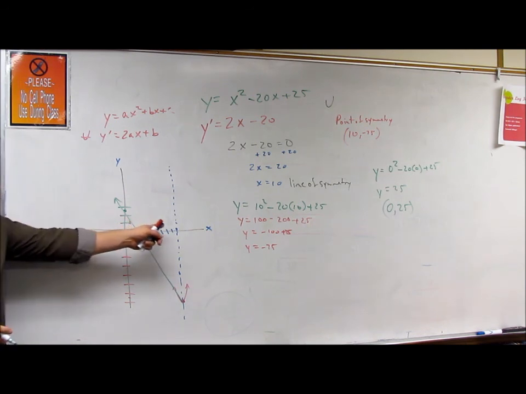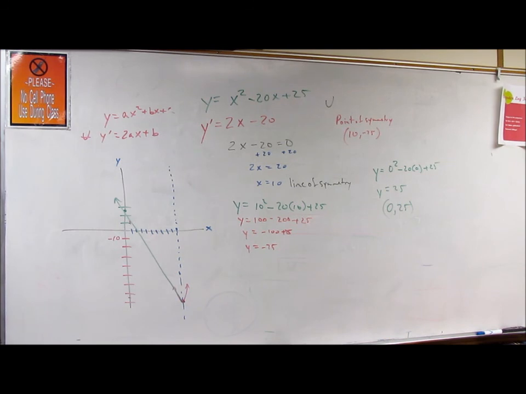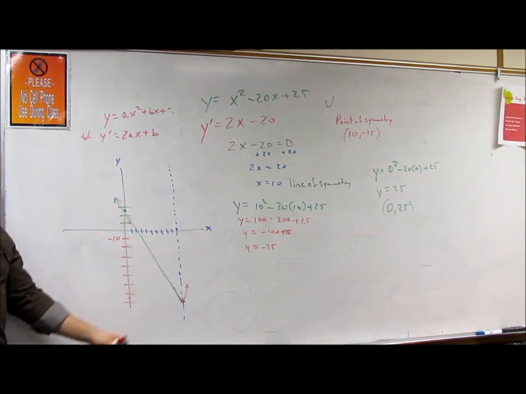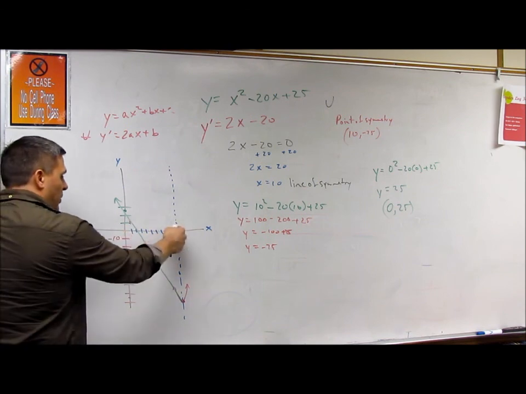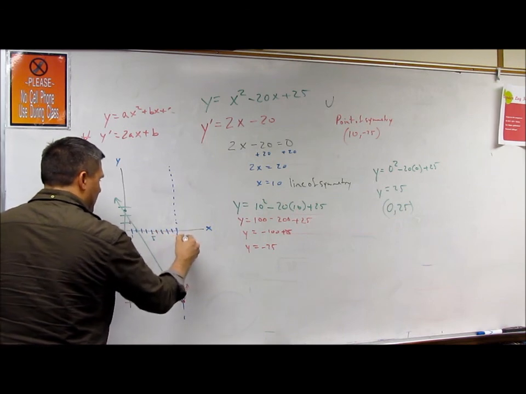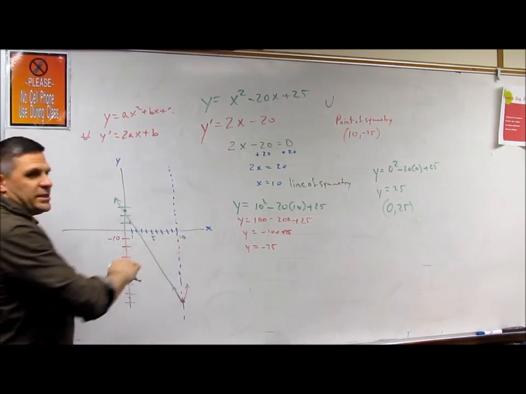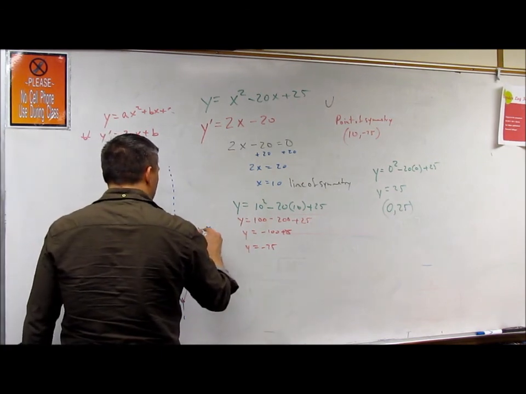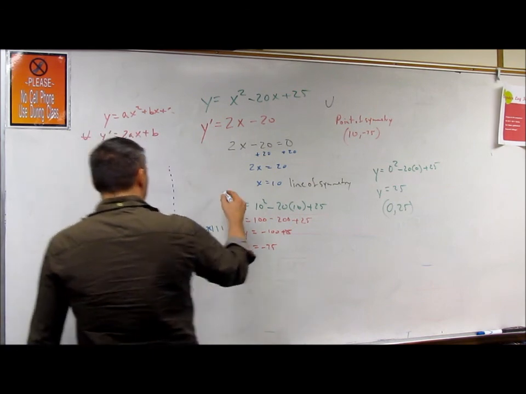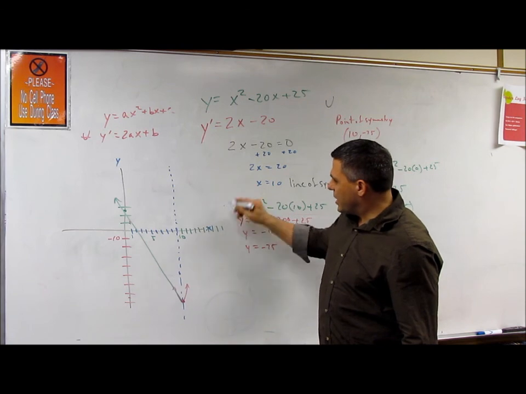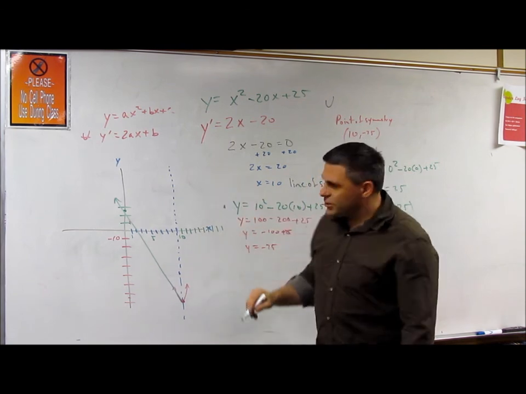How far away am I from the line of symmetry? How far away is this point from the line of symmetry? 10 points, see? Because I'm 10 points out. This was 10, right? This is 1, this is 5, this is 10. So we're 10 points out from the line of symmetry. That means 10 points away from 10, 1, 2, 3, 4, 5, 6, 7, 8, 9, 10, I should have another one at 25. Now I'm going to put it there, but I'm not going to draw it in until